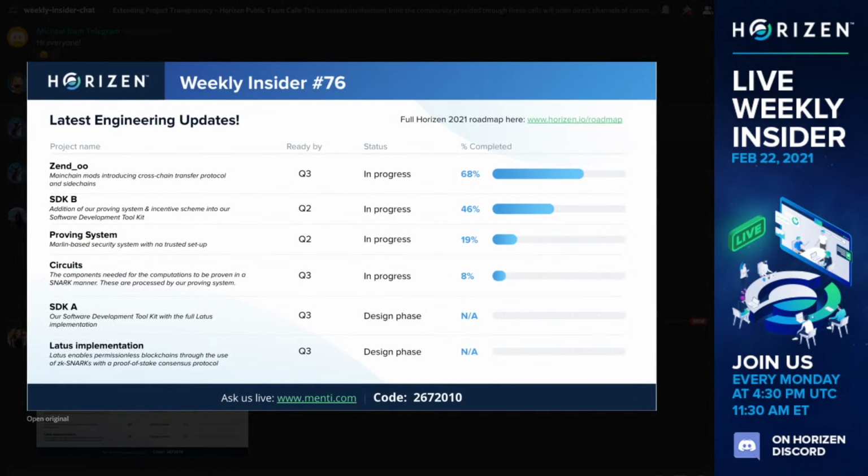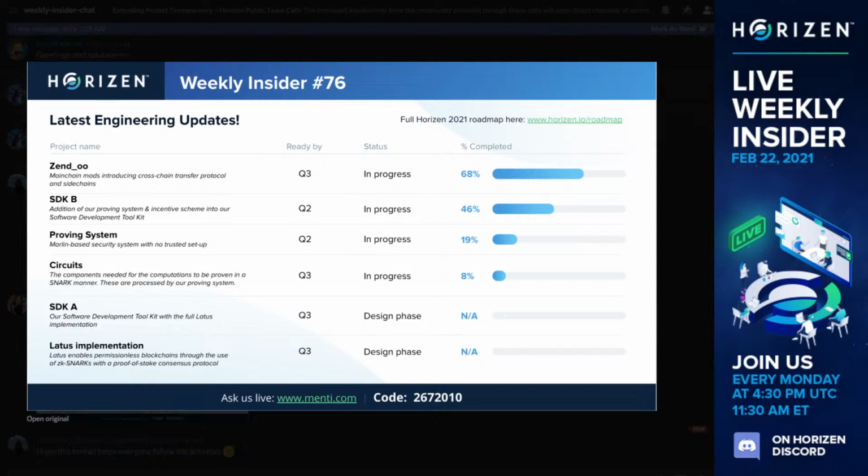And moreover, we integrated in this pull request some of the changes that were already necessary for the CSW, sidechain withdrawal implementation that were already done on that branch, and these will make the merge of these two branches much easier, because CSW, sidechain withdrawals is going to be the next pull request to be finally reviewed. And always regarding Zendoo,